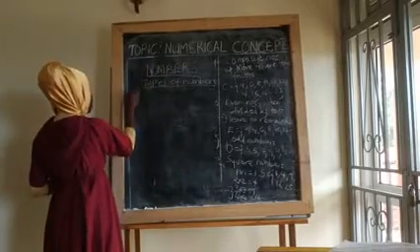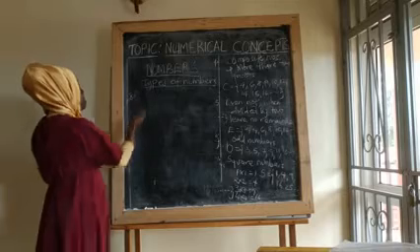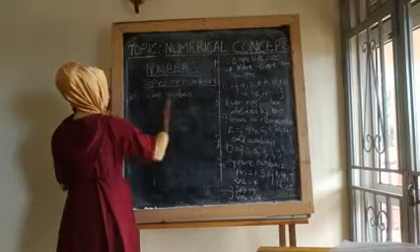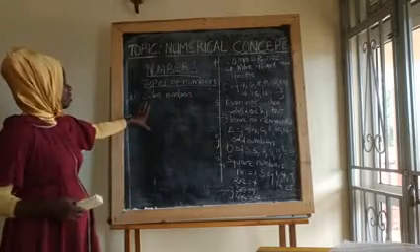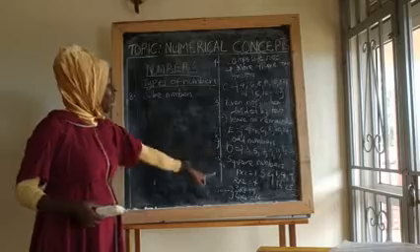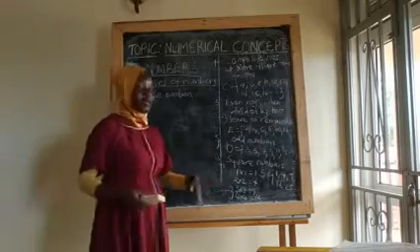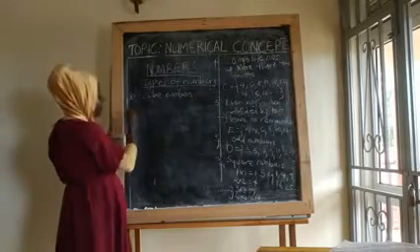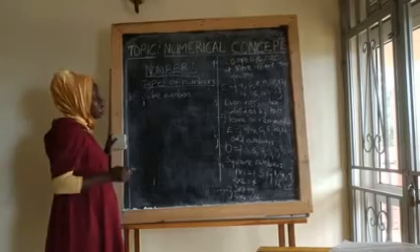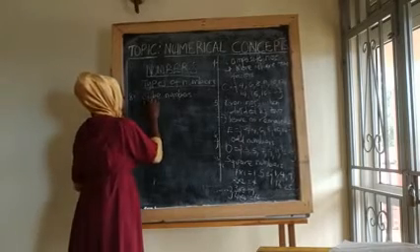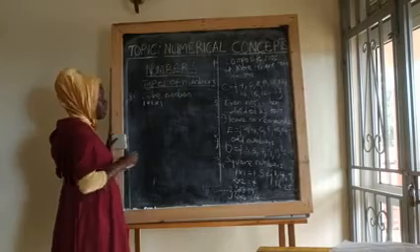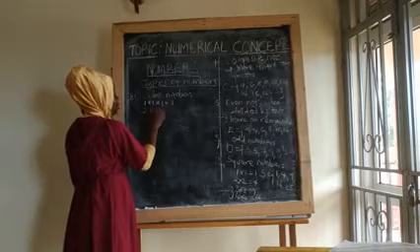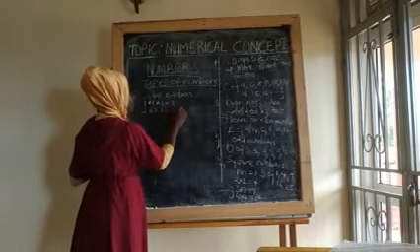Our number 8 can be cube numbers. Of course these are gotten by multiplying the number 3 times, the number by itself. So these are cubes of numbers. For example, if I have a natural number like 1, to get a cube number, I multiply the number 3 times. So my answer is simply 1. Then I have 2 times 2 times 2, which gives me 8.